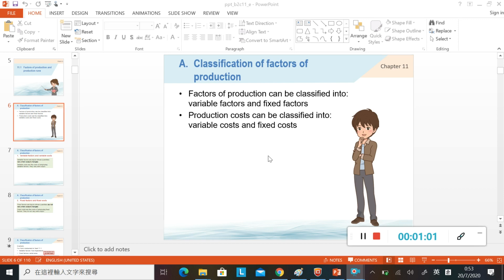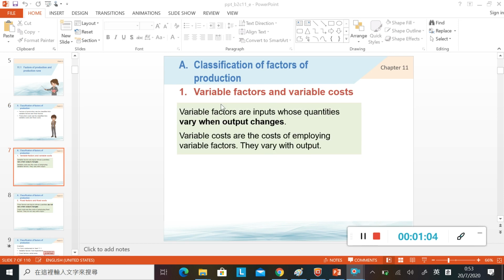同埋 fixed cost。咁好啦，點樣為之 variable factors？Variable factors are inputs whose quantity vary when output change. Okay, when the output change, the number of variable factors would also change. Variable factors 嘅意思就即係話，當你個 output 轉變嘅時候，你嗰個 variable factors 嘅數量都會跟住轉變。咁嗰一啲 factors，我哋就叫 variable factors 啦。